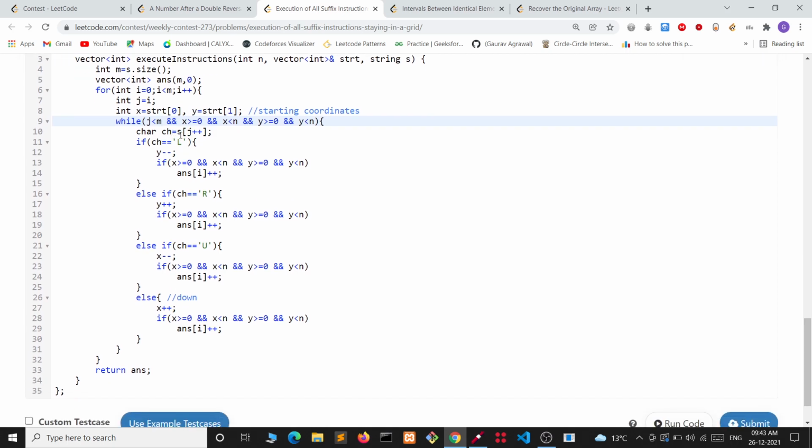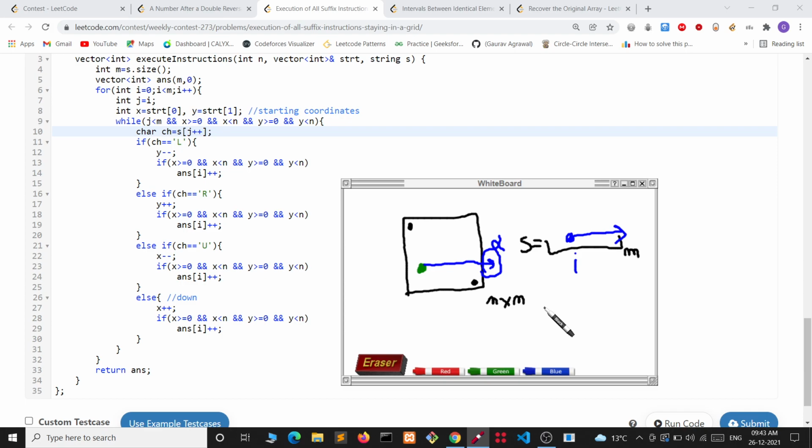After it, we are simply checking the current instruction. If we want to move left, then we have to decrease the y coordinate. If we have to move right, then we have to increase the y coordinate. If we have to move up, then we have to decrease the x coordinate, and if we have to move down, then we have to increase the x coordinate.